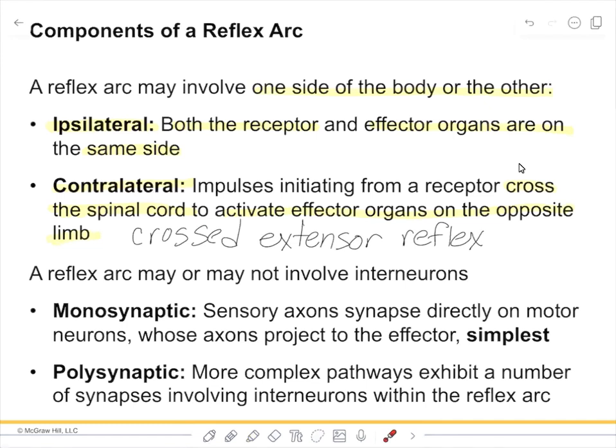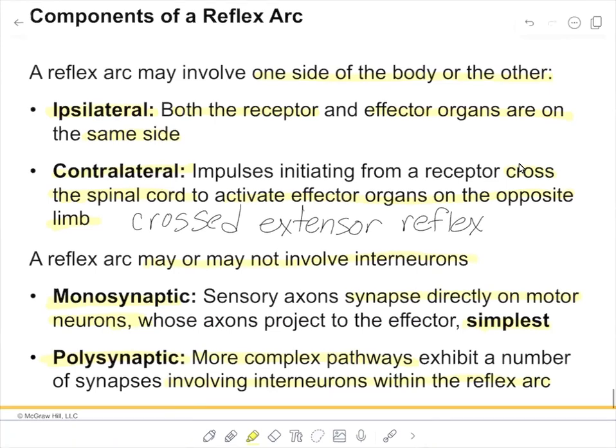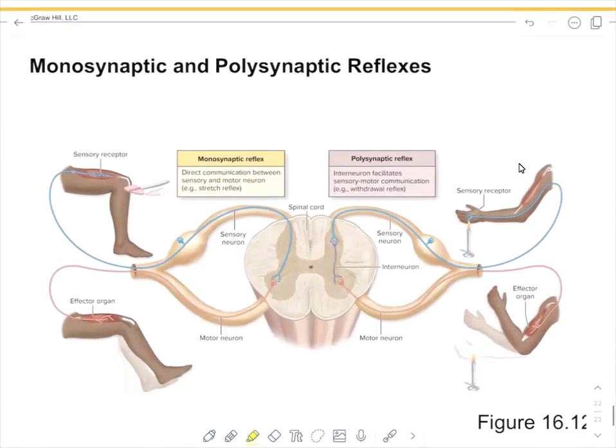Reflexes also may or may not involve many interneurons. If they're monosynaptic, this is the simplest type of reflex arc. The sensory axons are going to synapse directly on the motor neurons. However, the more complex pathways are going to be what's called polysynaptic. So they involve interneurons within the reflex arc. This slide is showing